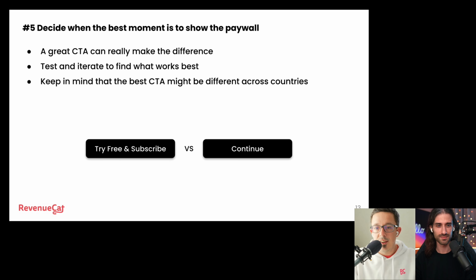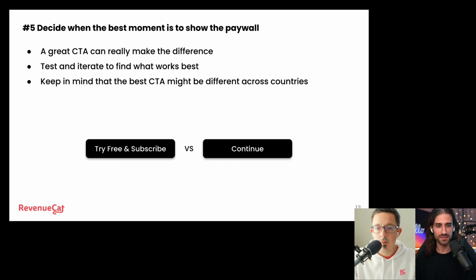And like we said earlier, don't just pick one and then leave it that way for years. If you have time in between experiments when you don't have something, this is the perfect thing to just play with because they're really easy to change, especially if you use some sort of backend service like RevenueCat to drive what these CTAs say. Then you can literally just be like, all right, we have a couple weeks before the next experiment we're going to run. Let's try these two CTAs and see which one performs better, because it's kind of an easy low hanging fruit opportunity for a potential 5-10% gain or something like that.